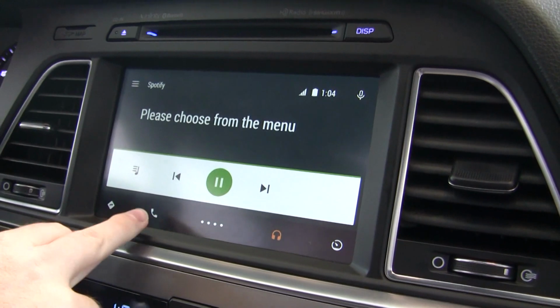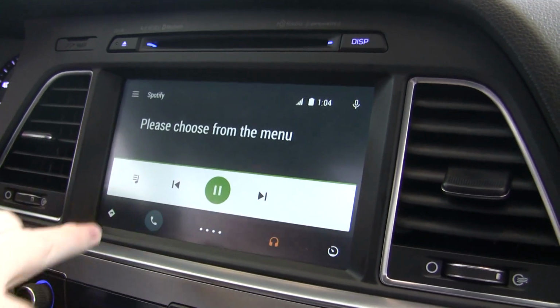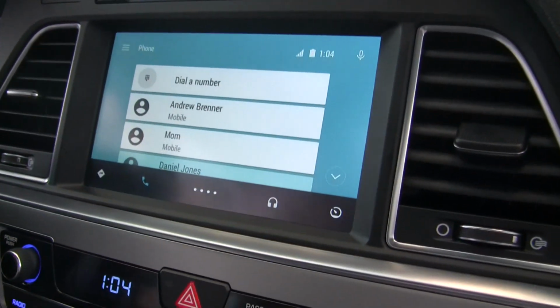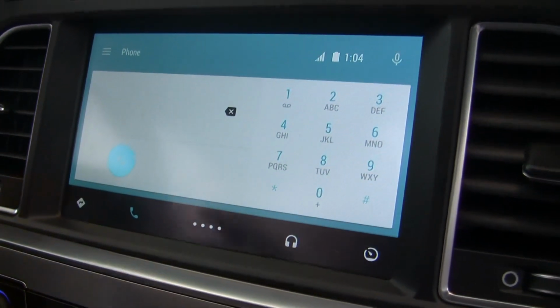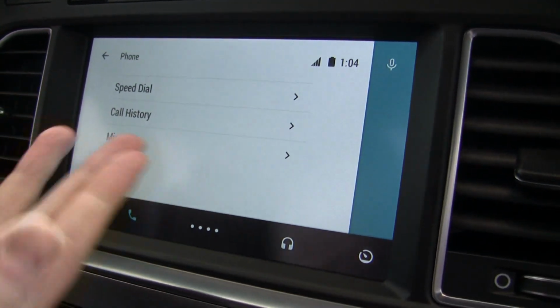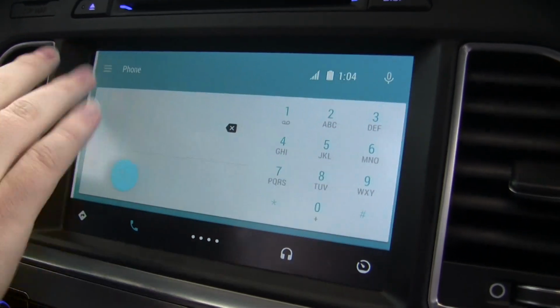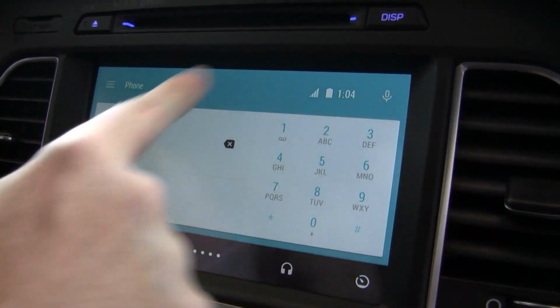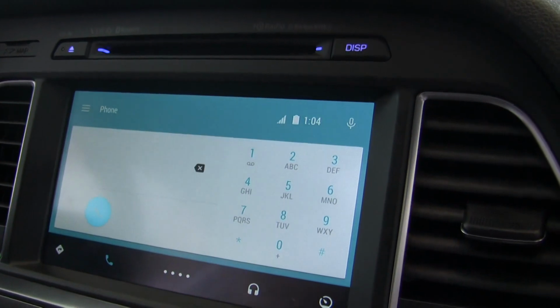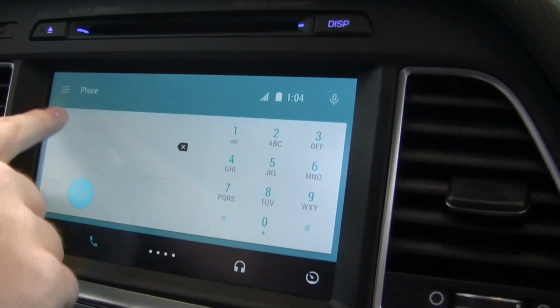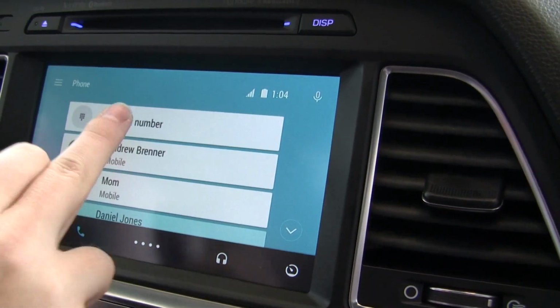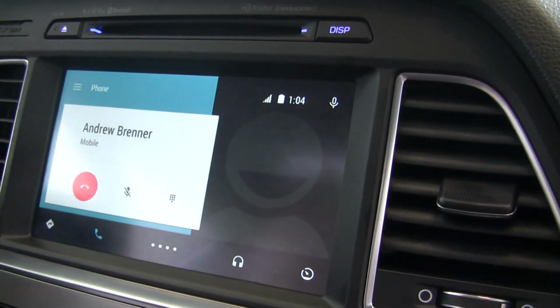Cool. I can show you the phone app. Yep. So we've got speed dial options here. We've got a dial pad should you need it. You can find your call history, missed calls. You'll see again the same consistent look and feel. There's a microphone here, although you can use the hardware button on the steering wheel. There's a menu drawer. Make a call. I won't actually call Andy, but